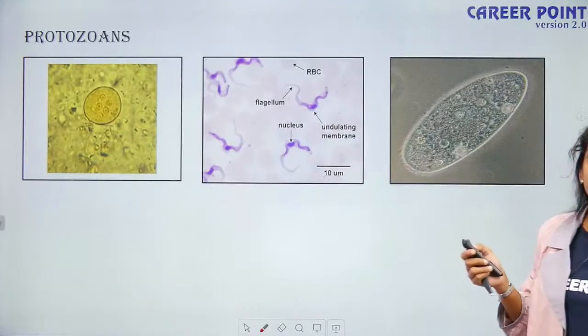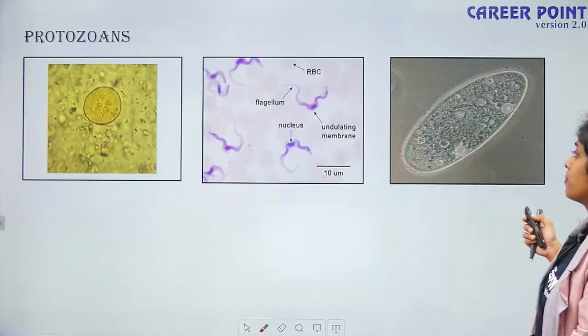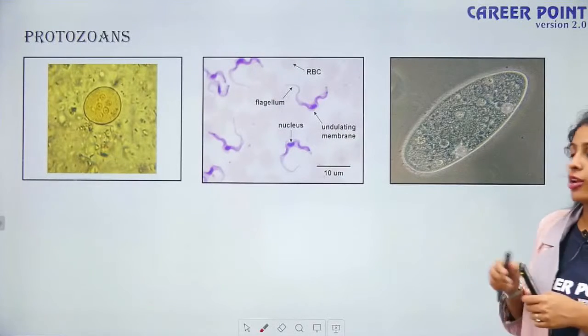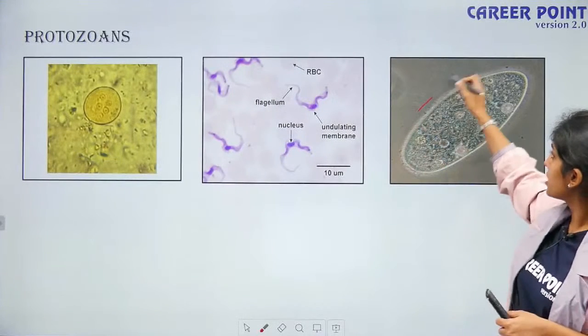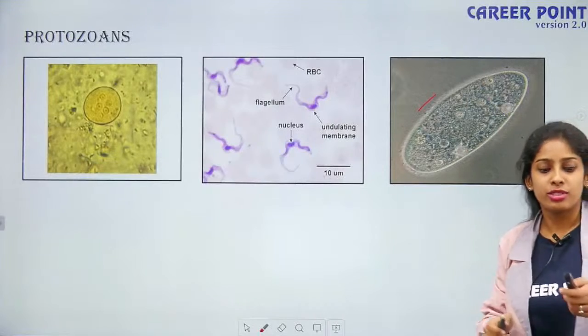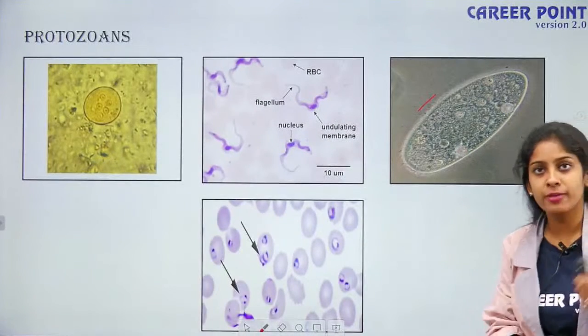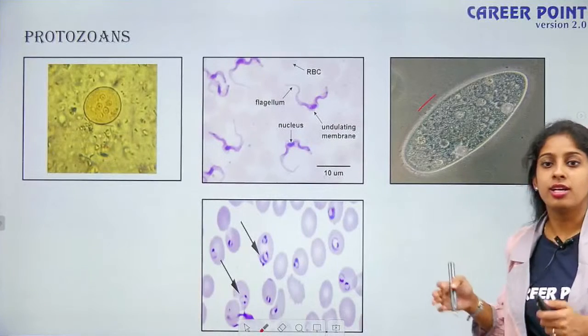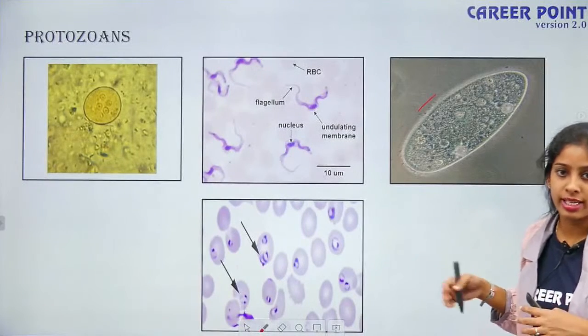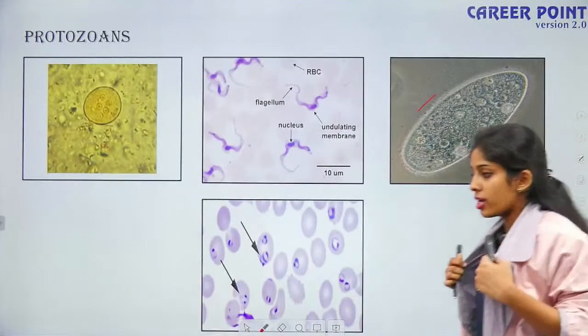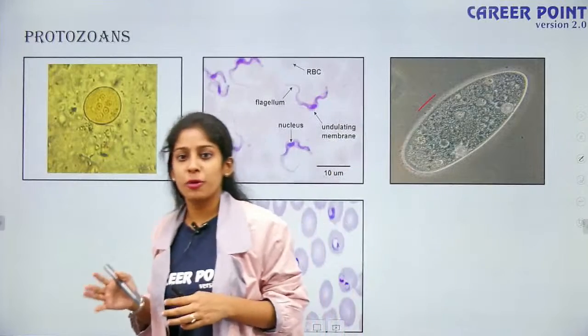The next one is your ciliated protozoans. Example is Paramecium. If you look properly, their body is filled with cilia around it, right? So that is ciliated protozoans. The last one is Plasmodium. That is your sporozoans, the Plasmodium which causes malaria. Fine. So with this, we are not done talking about the members of your protist.